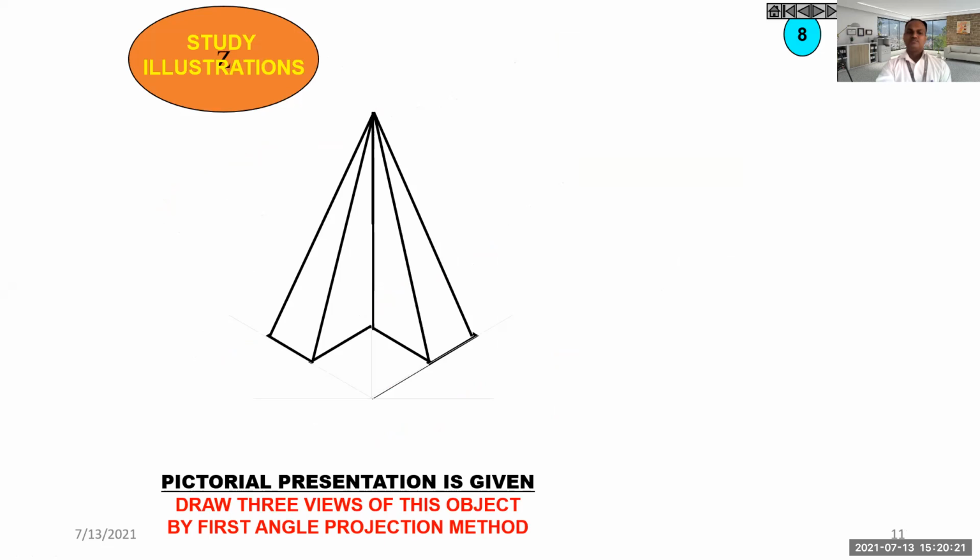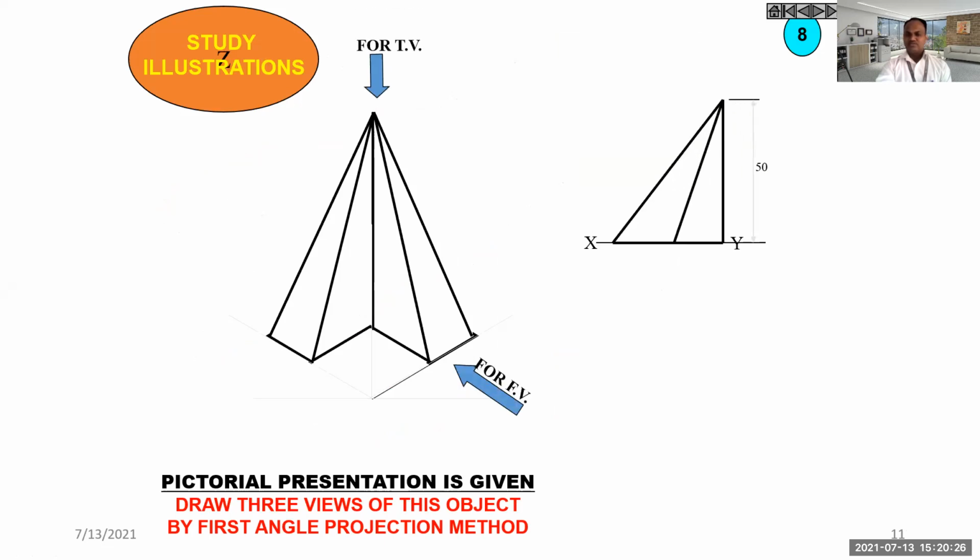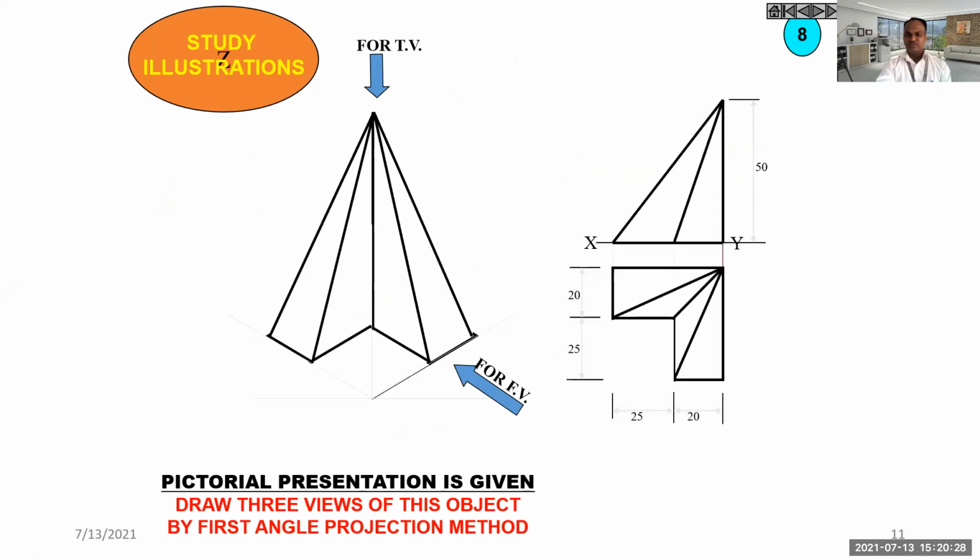Now this is some different kind of shapes. You can see its front view and top view like this. If you imagine, this triangular portion will be seen here, and this another triangular portion will be seen here. So front view will be like this. In case of top view, what you will see, there is a concentrated point.